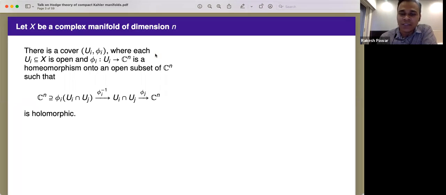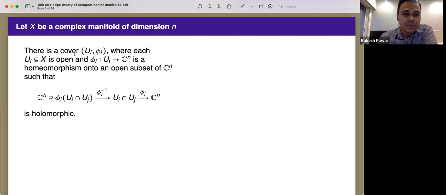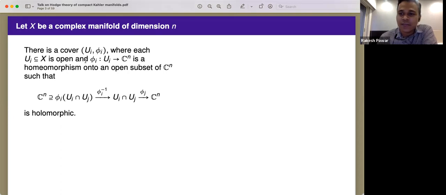And now we'll play with these two structures to understand the singular cohomology of the underlying topological space with real coefficients and with complex coefficients. So both these structures will play the crucial role of coming up with the Hodge structure. Okay, so let me fix some notations. So suppose, given the complex manifold, there is a cover